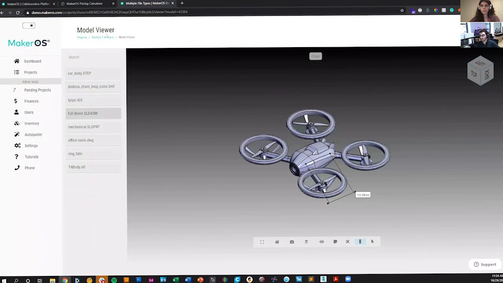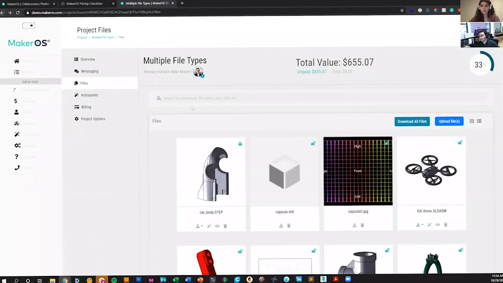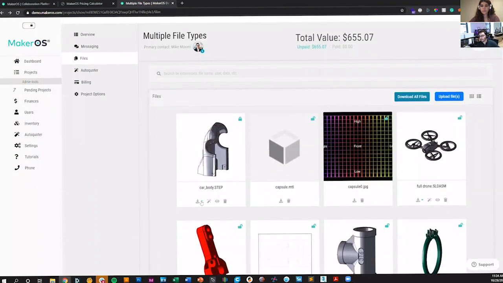Since if I go back into the Files tab here, I can take this STEP file and convert that directly into an STL or other file format. So it eliminates this layer of extra software that you need to purchase, and enables you to get into production faster for the client. So everything that I'm saying about how easy it is to use MakerOS, now imagine the